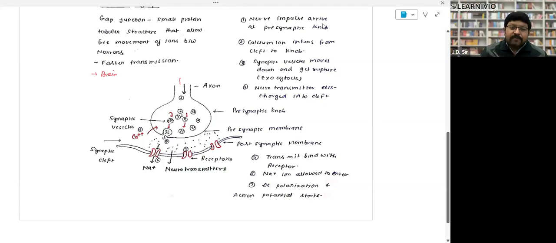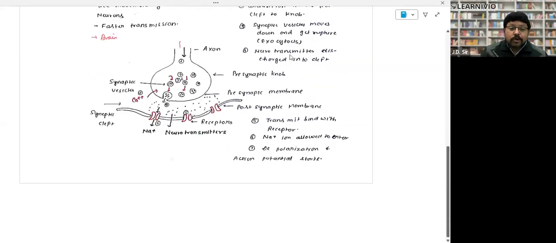First point, the nerve impulse will arrive at the presynaptic knob. Second, calcium ions enter from the cleft to the knob. Third, the synaptic vesicles move downward and rupture due to exocytosis. Fourth point, the neurotransmitter is discharged in between the cleft. Fifth point,